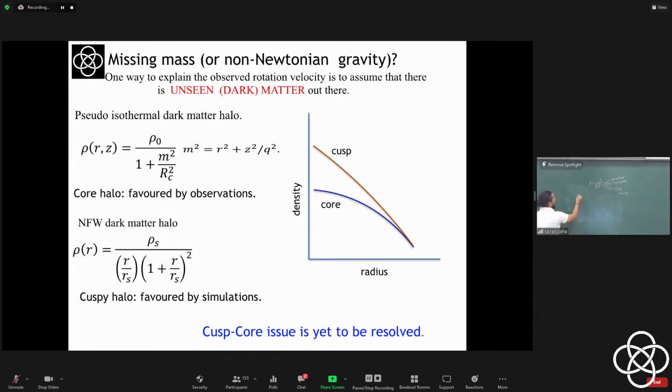It's made up of stars, gas plus dark matter. Okay. Now the first thing that you have sort of